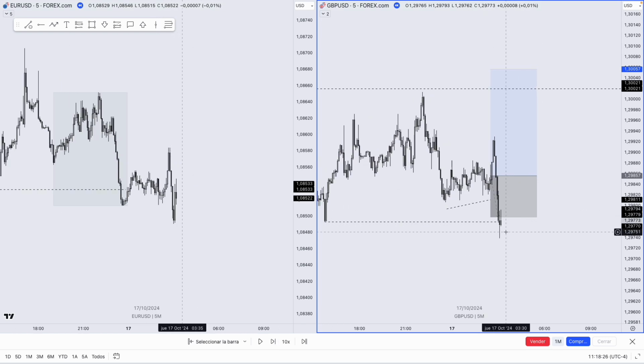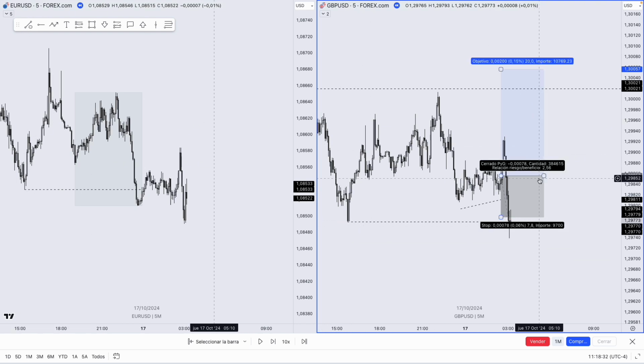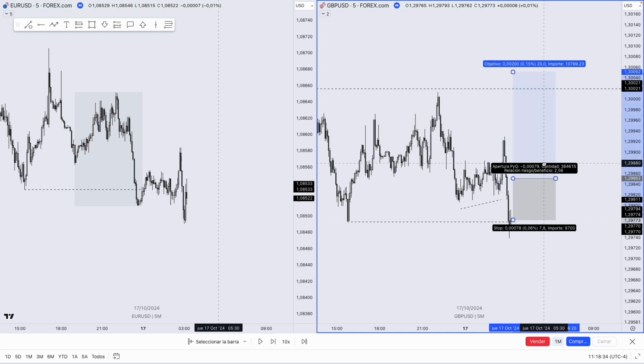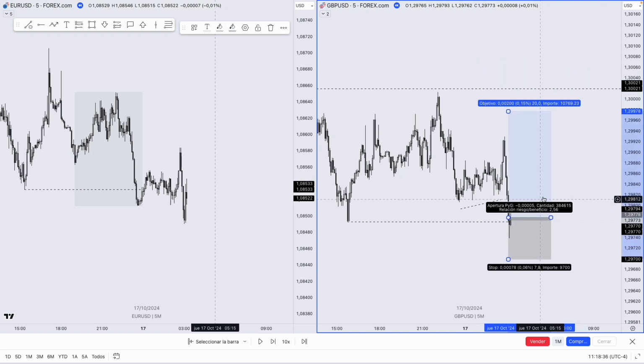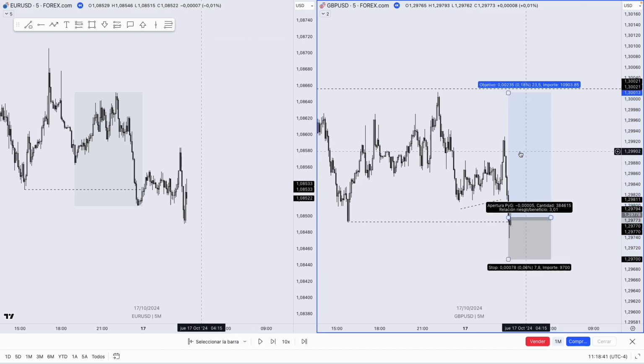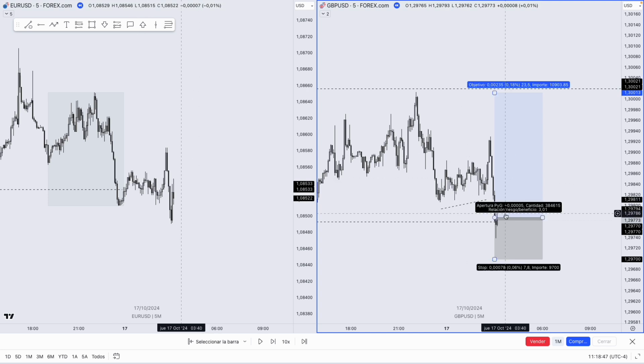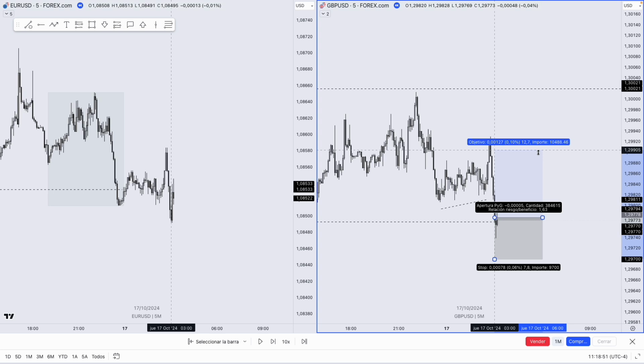What happened down here? We had already taken the previous day low, and my bullish idea was still there. So what I did was buy again here, and my target was the same. I was doing another funded account. My first trade was on a funded account that is now in -1% drawdown, and my second trade is in another funded account that was clean. So the profit was secured around here.